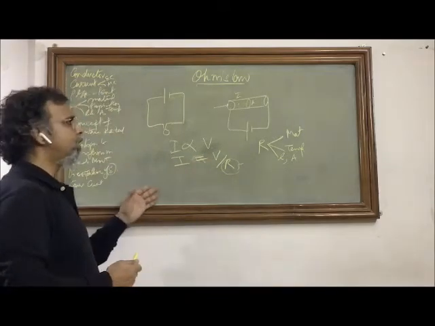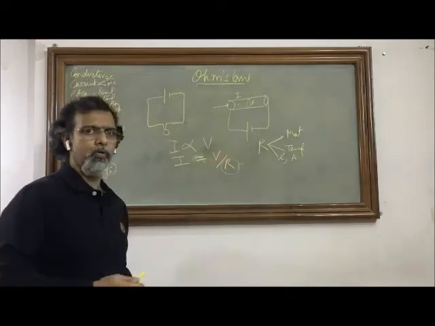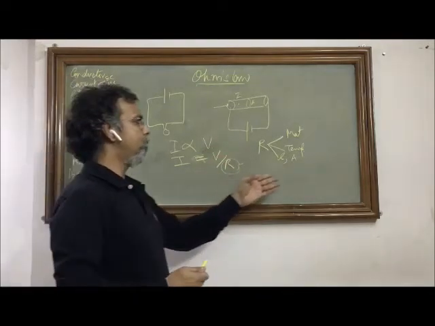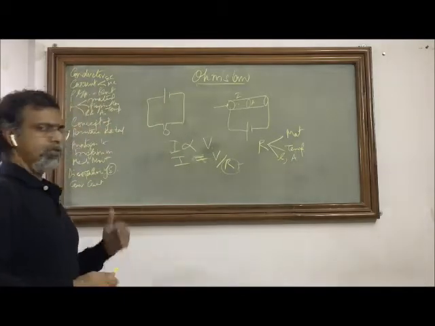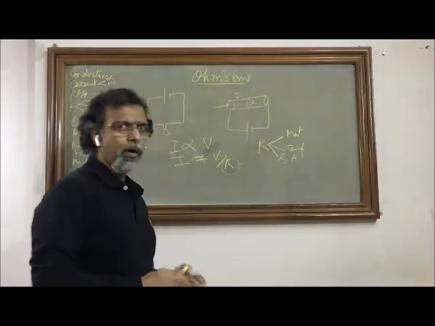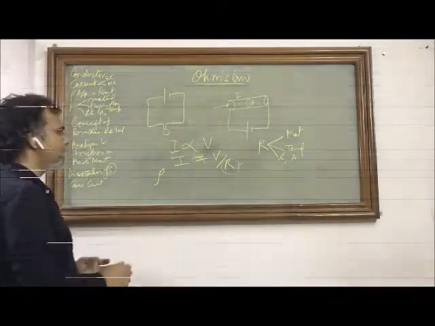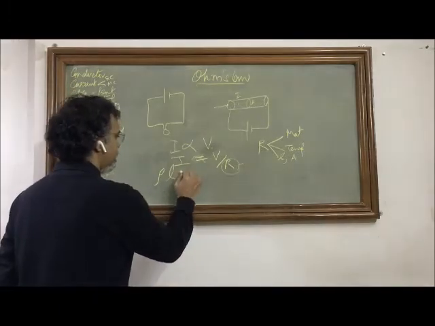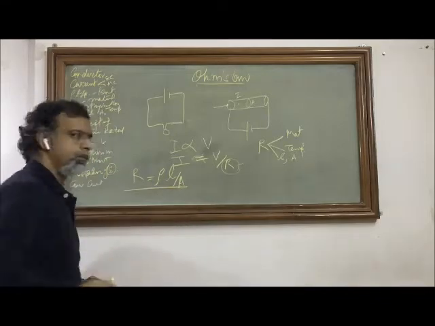So in a circuit we may have a constant resistance, but for a material it is not going to be constant, because the material can take any shape, any length, any area. The material can be put under different temperature circumstances. So for a material we should have a more fundamental constant, and that is resistivity. It is material specific, and if multiplied by the dimensions of the conductor, this becomes your resistance.